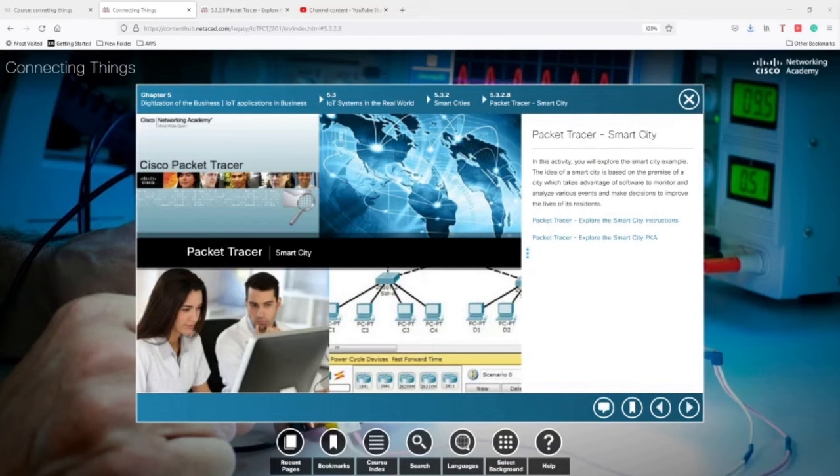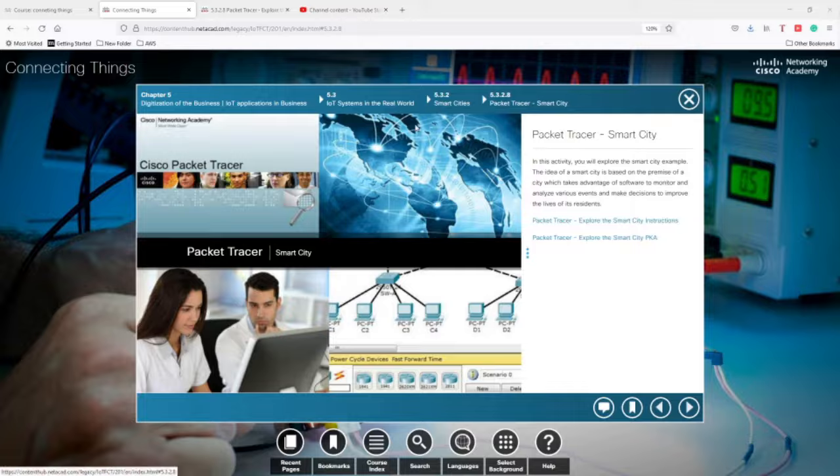Hello everyone. If you have heard about smart cities but you have no concrete overview or idea about what applications can be used in smart cities, how it works, what the structure of one of these cities is, how it's connected to each other, what the cloud is there. So through this activity